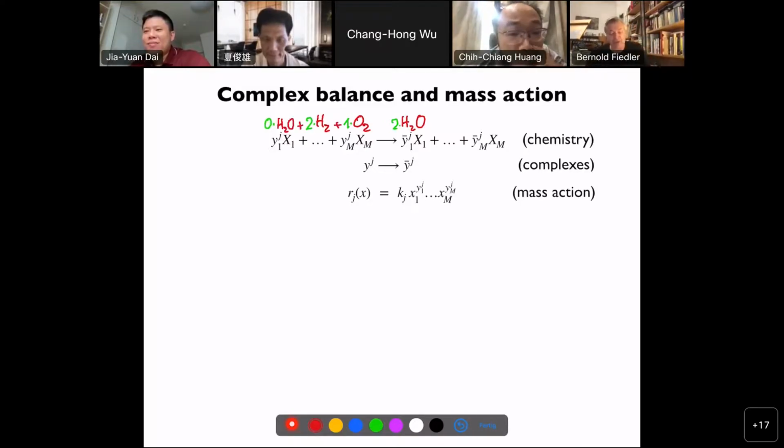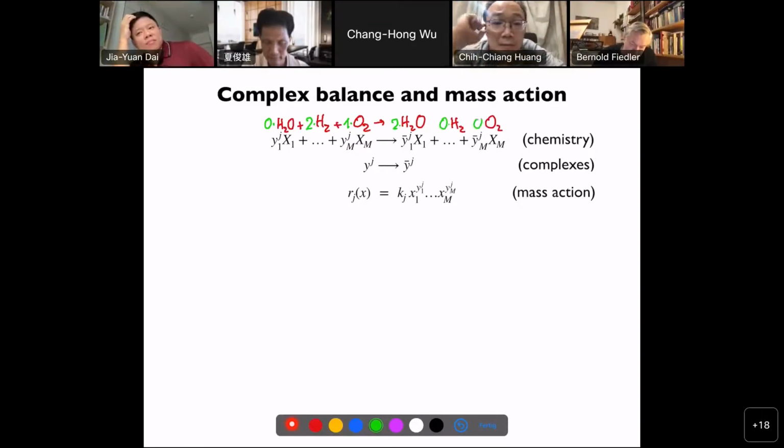But there is no water molecule going in. Then there's a water molecule coming out, right? And there is no H2 and no O2. We are somewhat pedantic bookkeeping mathematicians. Okay, so once we have agreed that H2O, H2, and O2 are participants in this reaction, we can call them